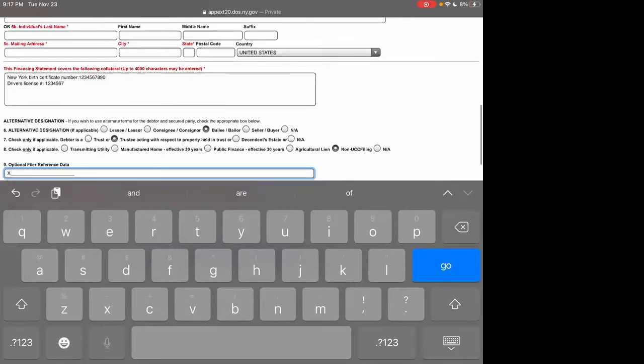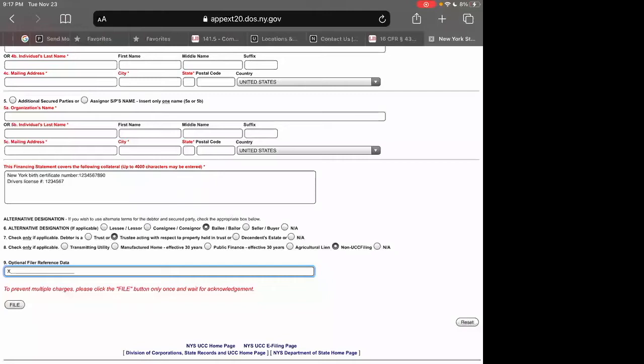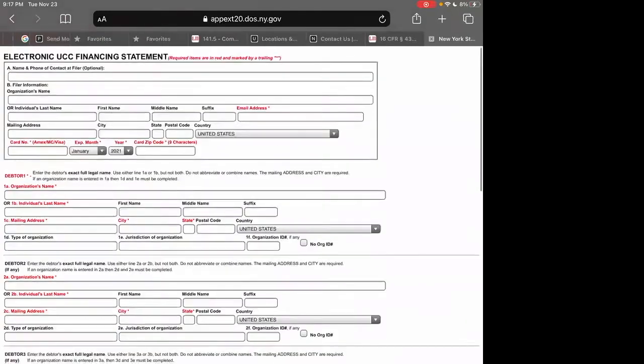Okay. So is that making sense for everyone? Yes, sir. Then you'd actually be attaching a real copy of your birth certificate, which is why I would say order multiple copies. So you don't have to worry about just having one and being like, okay, well, I sent my only copy off. What do I do now? Order multiple copies. Okay. So now that I went over this, let's talk about trust accounts a little bit more. I'm going to talk about DUNS number, and I'm going to talk a little bit about liquidation next.